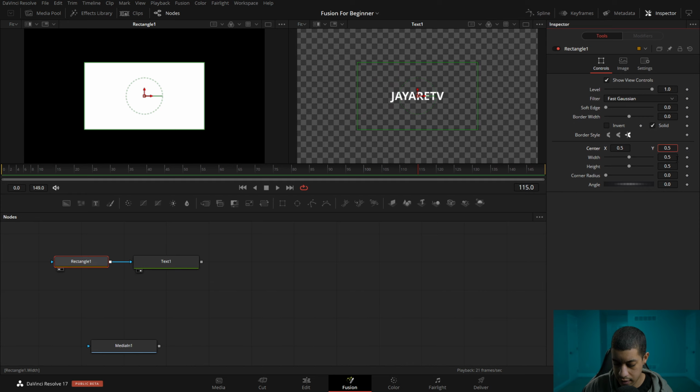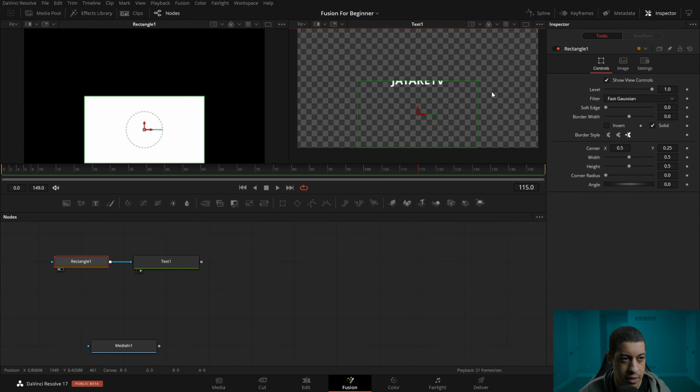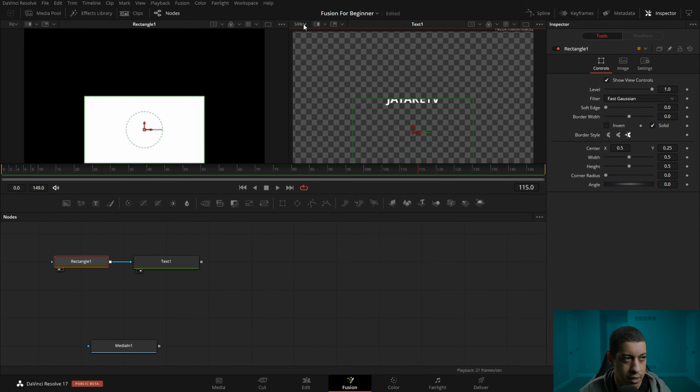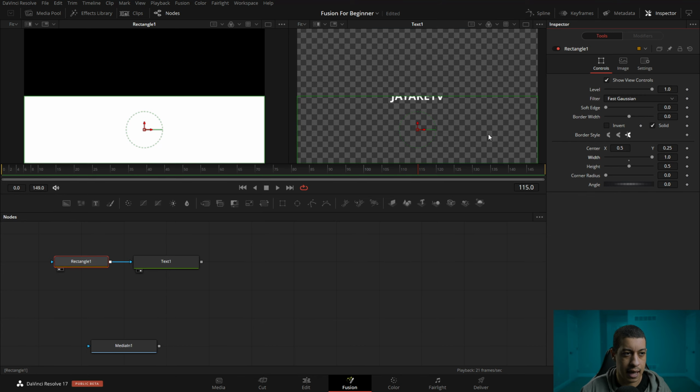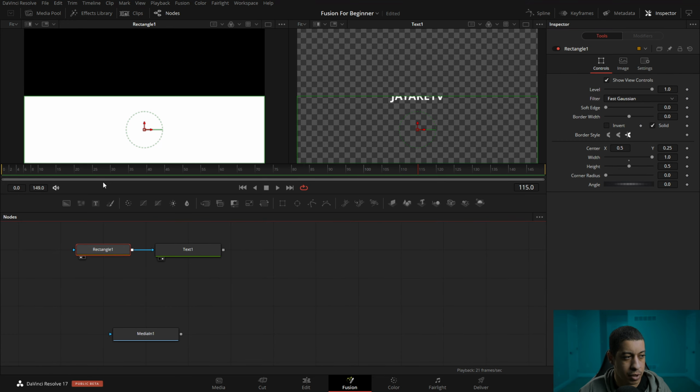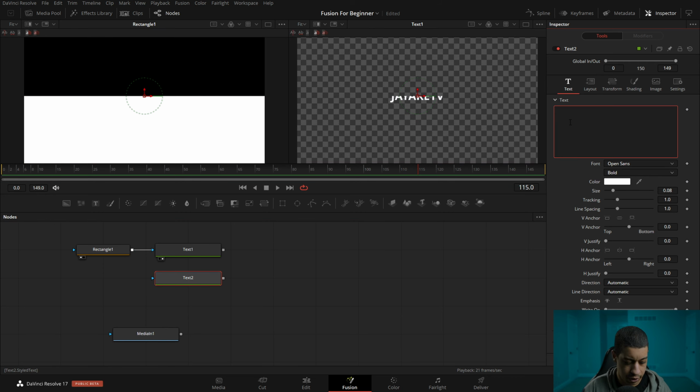So what I'm going to do is have it at 0.25, which is going to be the middle of our screen. I'm going to click right here and go to fit so we just see the whole video window. And I'm going to take my width and go as far wide as I can. So it's going to go full wide, but we're going to cut off half of it. Next thing I'm going to do is get that secondary title, and I'm going to put in here